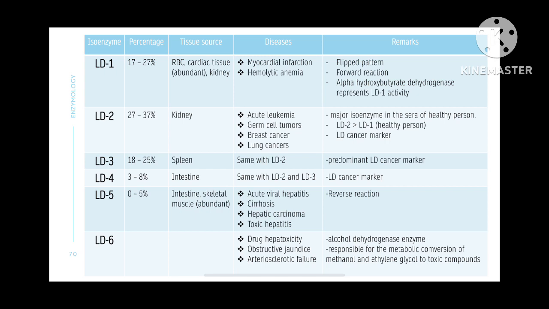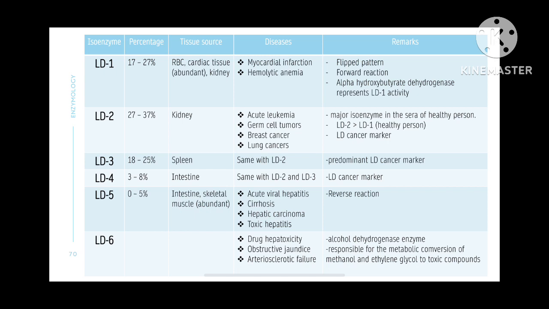And for LD5, that's 4 M's, MMMM for the polypeptide chains. LD5 migrates the slowest. In the sera of healthy individuals, the major isoenzyme fraction is LD2, followed by LD1, LD3,